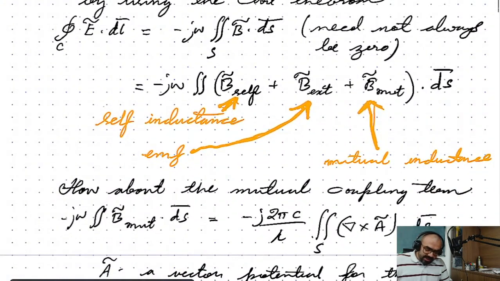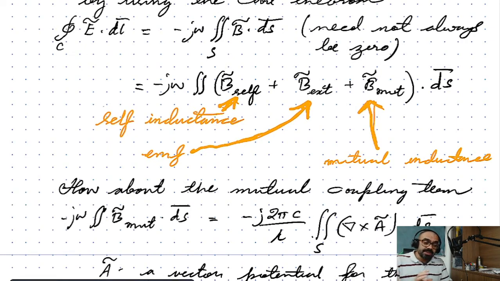So the field created by the component itself is easily incorporated in the self-inductance by assigning a self-inductance to that component. The EMF has to be calculated depending on how your external field is. In many cases, there may not be an externally imposed magnetic field. So in that case also, you don't need to worry about the EMF. The last term, however,